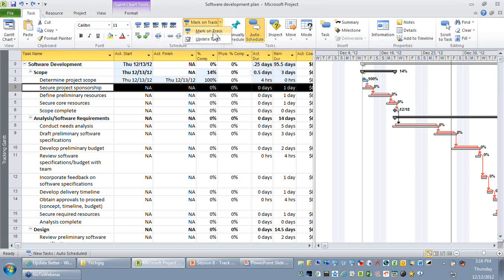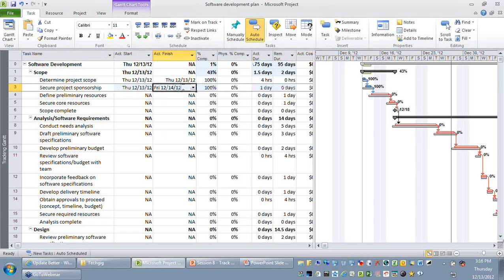So when I use this Mark on Track option, if this activity is happening before the status date, automatically the percentage complete column will get updated to 100. But if this activity falls after the status date, naturally this activity's percentage complete will be 0. So let's have a short demo of it. I've selected row number 3 and let me say Mark on Track. You can see that this activity's actual start, actual finish is getting automatically updated, and even its actual duration is also getting updated.